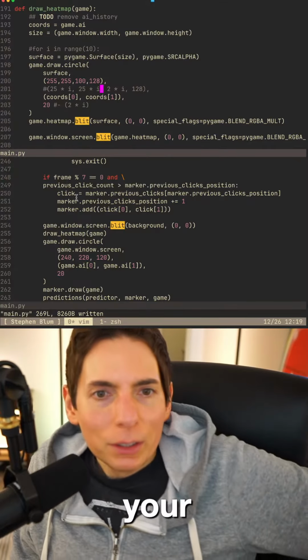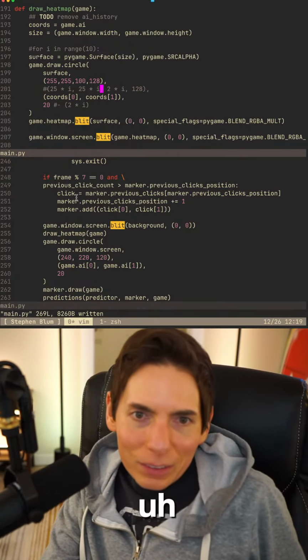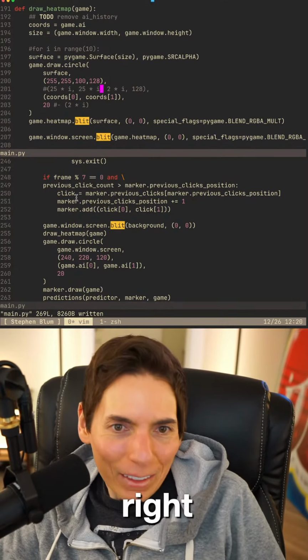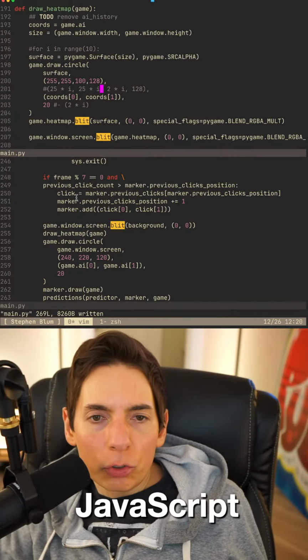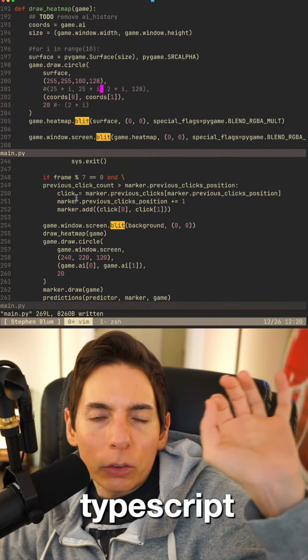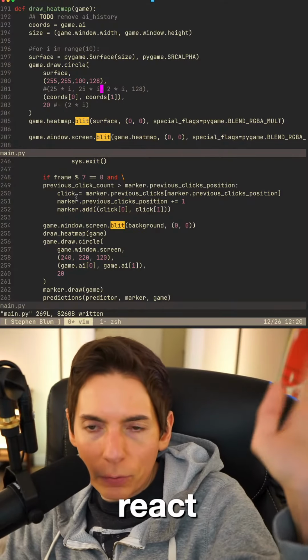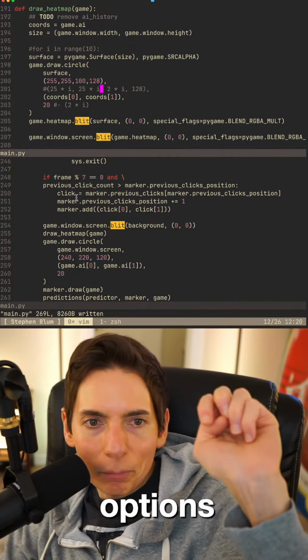Depends on your level of masochism. If you want something like TypeScript or all the way to C++, right, Neva? I know, right? If you want to do a web app, where should you start? JavaScript, or TypeScript, like Neva was describing, and CSS. React Native is a very common go-to. Those are some good options.